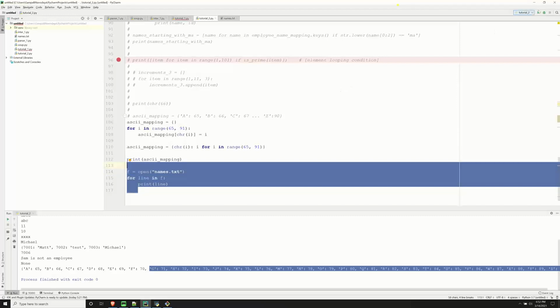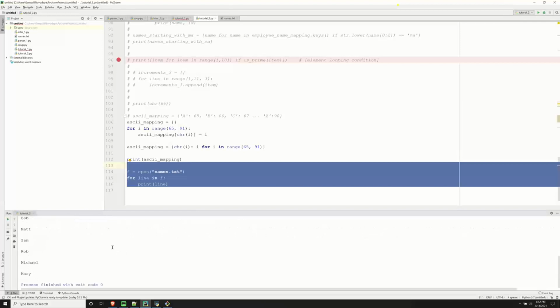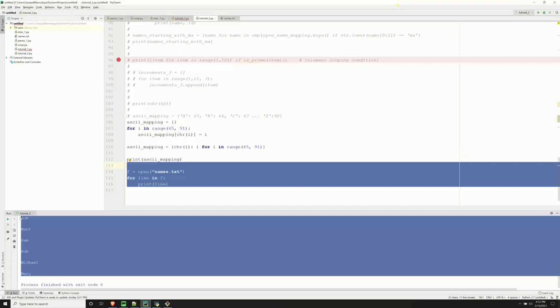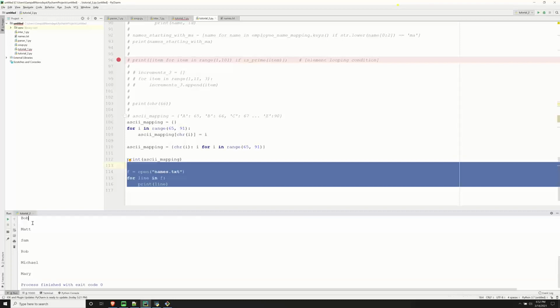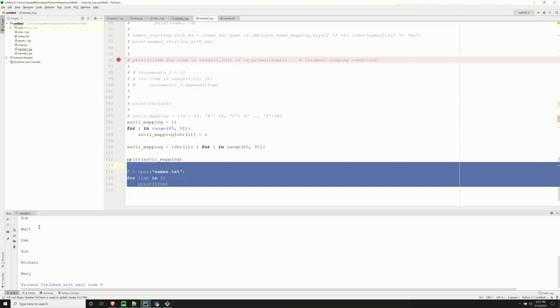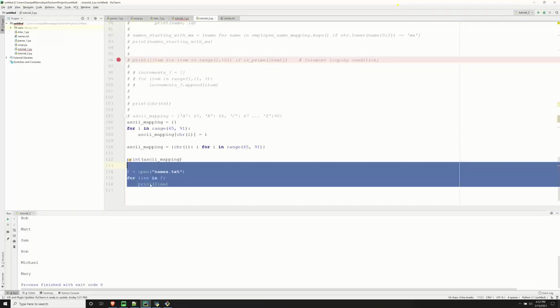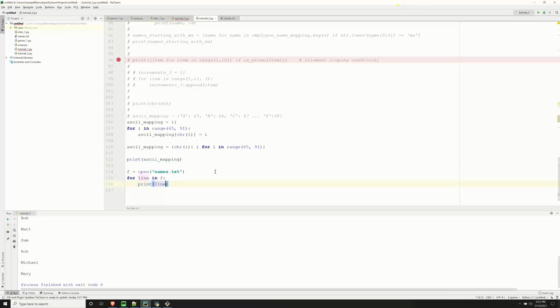Print all the lines. So you can see at the bottom, it printed Bob, Matt, Sam, and all that. Here you can see there are actually two lines. After Bob, there's an empty line, and then you have Matt. That's because in the names.txt there is a new line here, and the print is also printing a new line here. So I'm going to say end equal to nothing. So when I run this code,